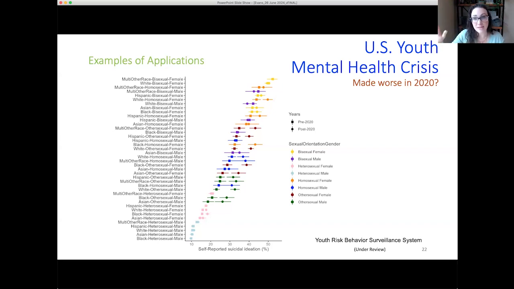So if you just look at this in the sample overall, you might say, yeah, kids in general got a little bit more, struggling with their mental health in this time period, but really that sort of neutral measure of impact is obscuring an underlying truth, which is that those at the high and low ends didn't move very much, but we saw a huge shift in risk, sometimes as much as 10% shift of percent of respondents saying that they are now ideating, which is a mental health crisis for our sexuality and racially minoritized groups.